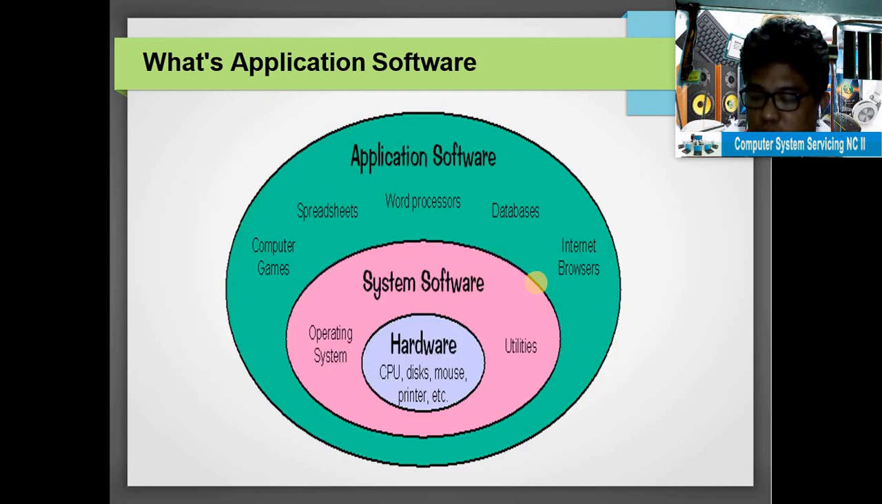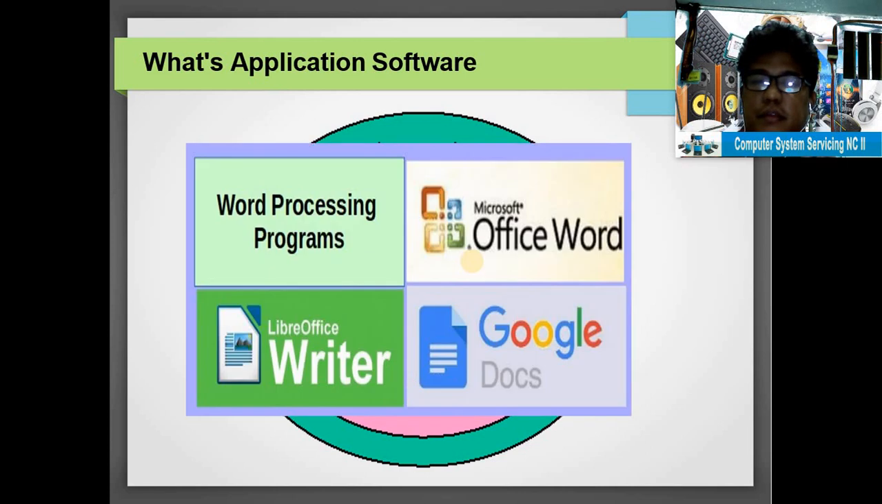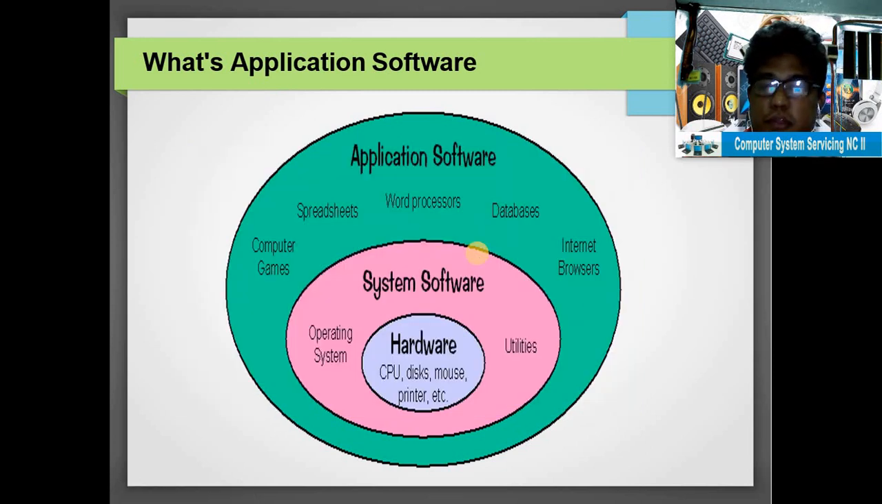And then we have also word processors. Samples of word processors are LibreOffice Writer, Microsoft Office Word, and Google Docs. Okay, these are examples of word processing programs. And then after word processors, we have our databases. Okay, examples of databases are